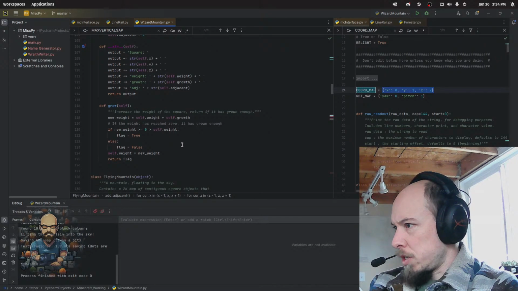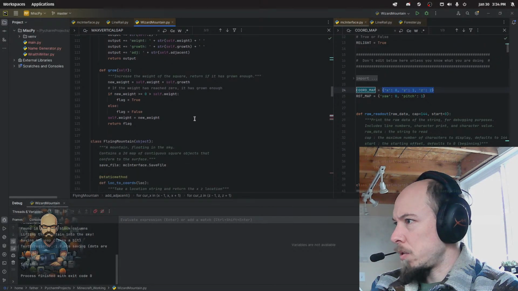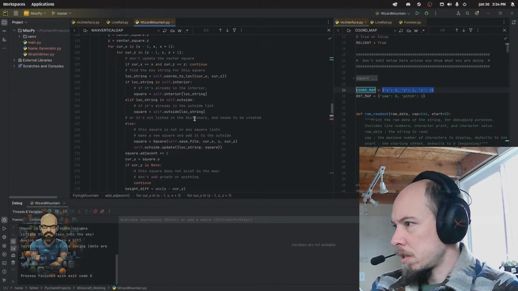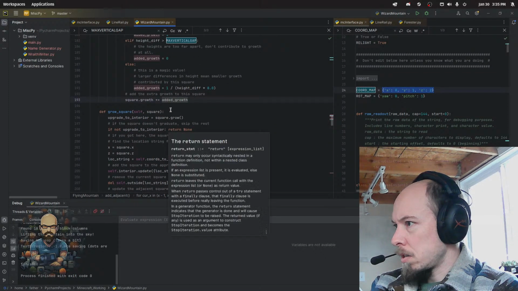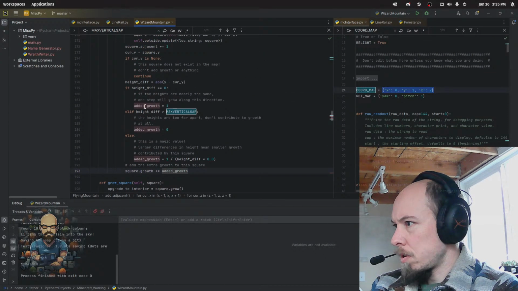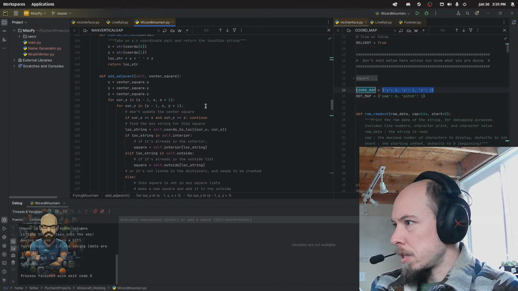This is very strange. I don't know what I'm trying to do here. I don't understand how this works. But I do know that growth, added growth equals 1. All right, so does this square have